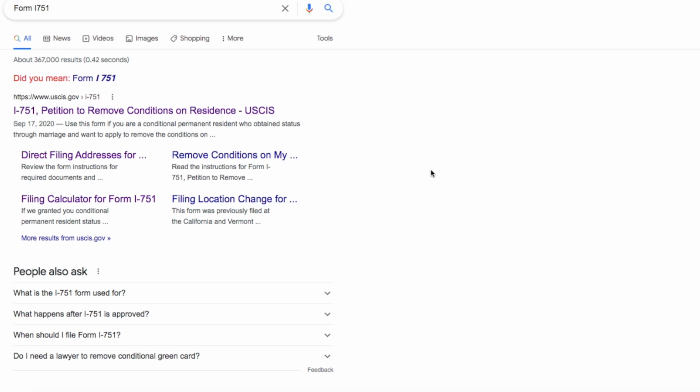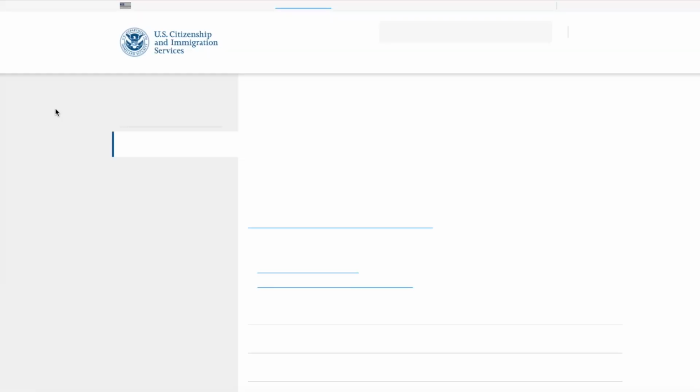I highly recommend as well to keep checking the USCIS website because, for example, if you downloaded your form too early and in the middle of it USCIS updated their form, by the time you submit your application you are still using an old form which has an old revision date. So later on, I will show you how to check what is the current form that they are providing. Okay, let's go ahead and start clicking this